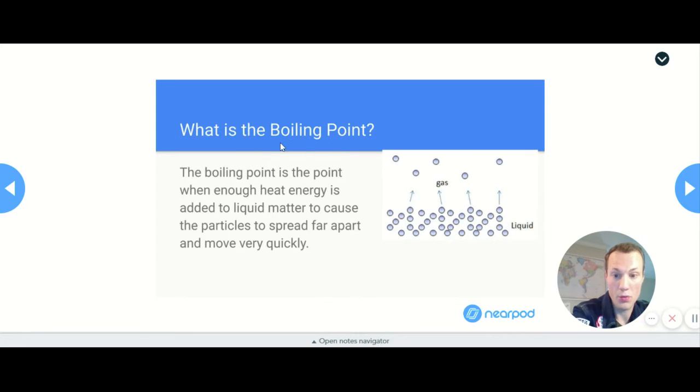Boiling point. So boiling point, heat energy is added to liquid, causing it to turn into a gas. So the liquid, you add even more energy, the particles can get farther apart. All of a sudden, they're so far apart, they fill up the whole container that they're in. They're a gas. You read,